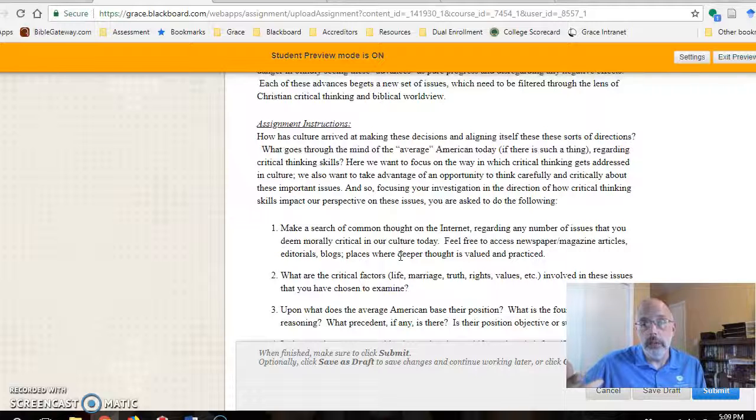So the introductory text talks about the LGBTQ issues. Same-sex marriage is one of those. Gender identity is another. You could use the one that's kind of time-honored in our day as abortion. You can talk about other reproductive and biological issues like genetic manipulation or enhancement of human beings. The Me Too movement is a huge one right now, and sexual harassment and how people respond to that. So you find some editorials on those or blogs on those moral issues, and then